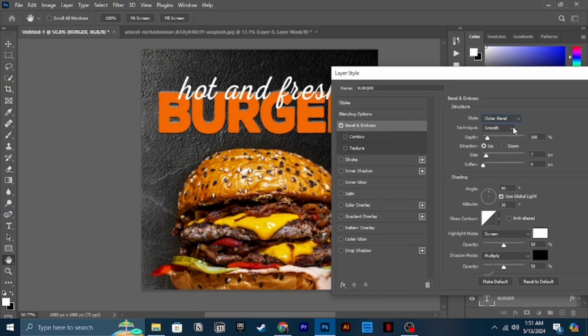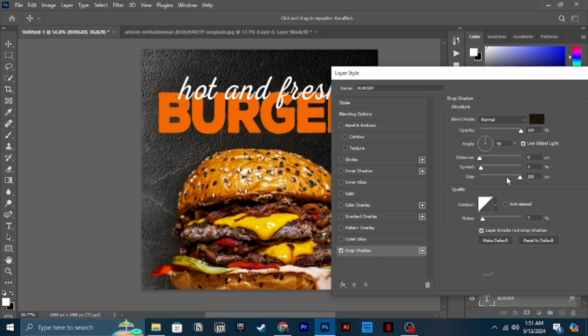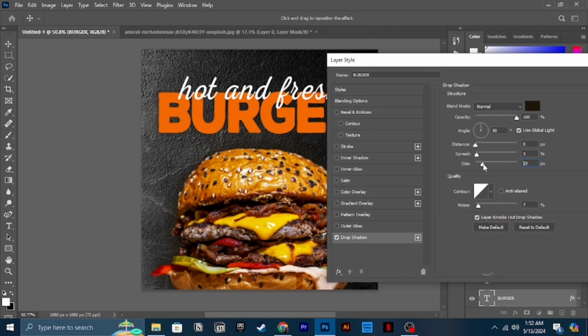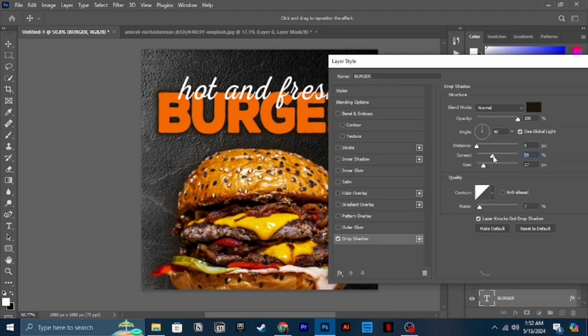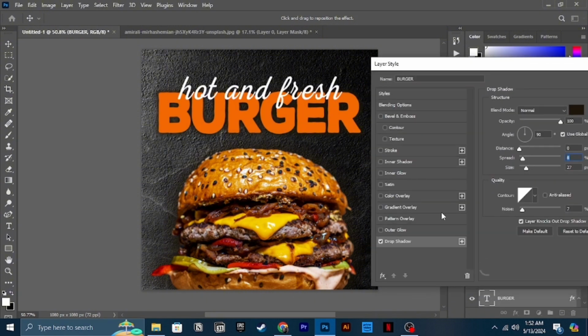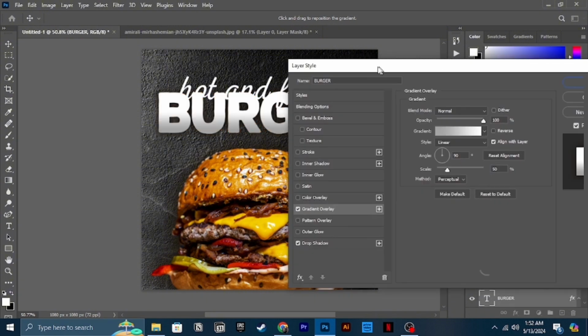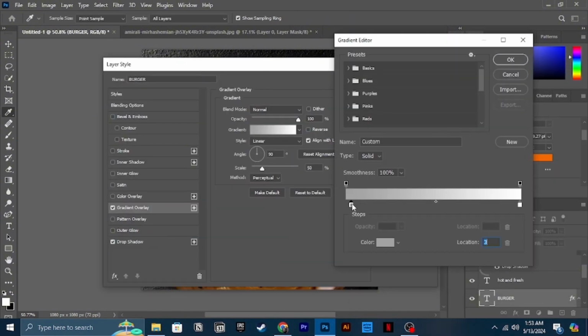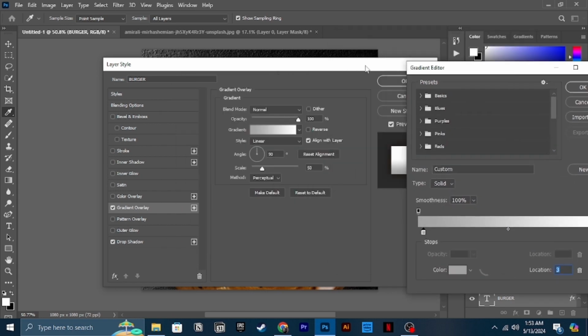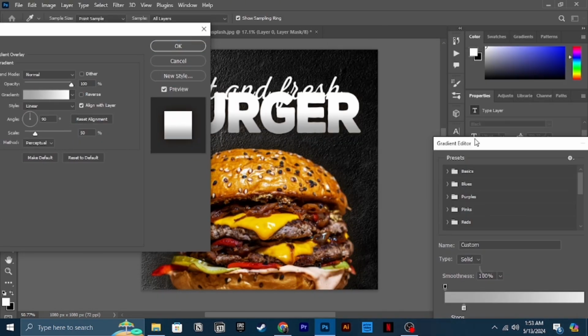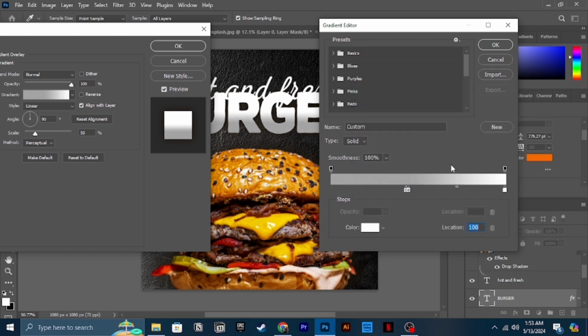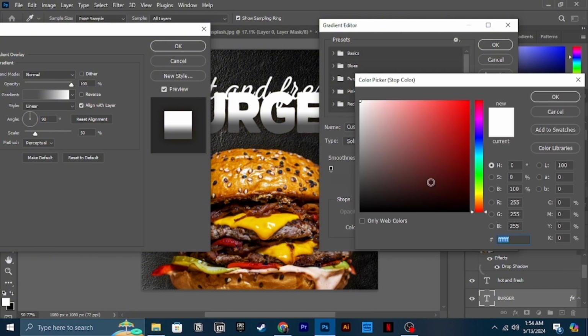And now I'm trying to make the main heading of burger more prominent, and there are two to three ways that I think work very well. The first is adding a drop shadow, the second is bevel and emboss, and the third one, my favorite, is just adding a simple gradient, which I'm about to do to the text.